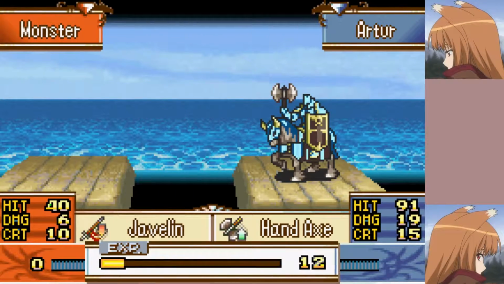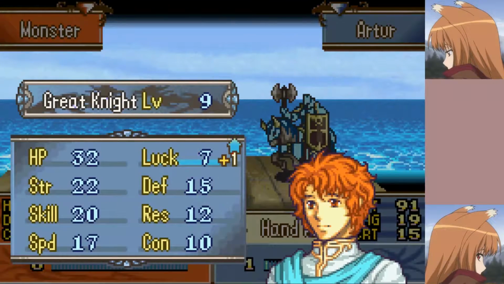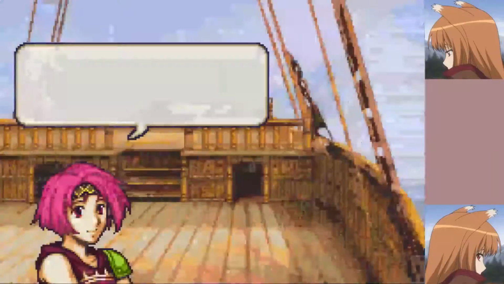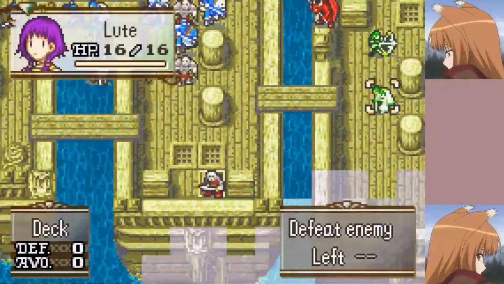Phantom ship with all the spooky monsters is ever scary. Let's see what this level up gives. Please give luck. Okay, I'm fine with it. I got what I wanted. And now we see the replacements. We have... oh boy. We have a sniper. And...